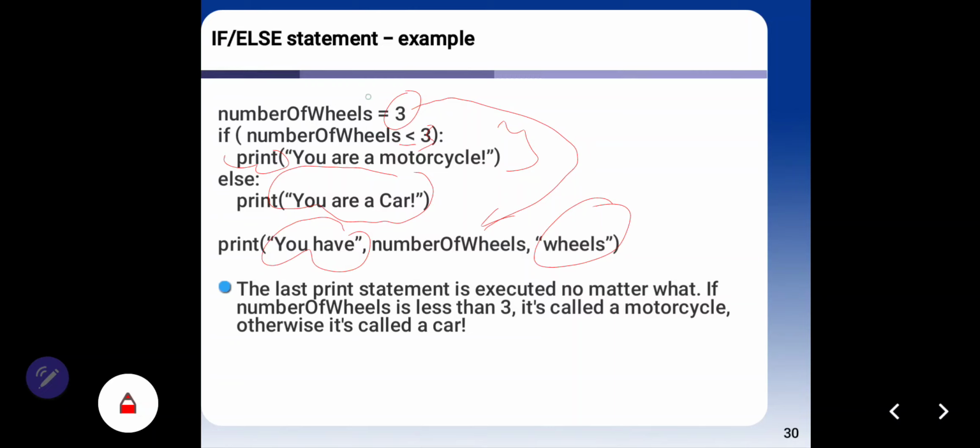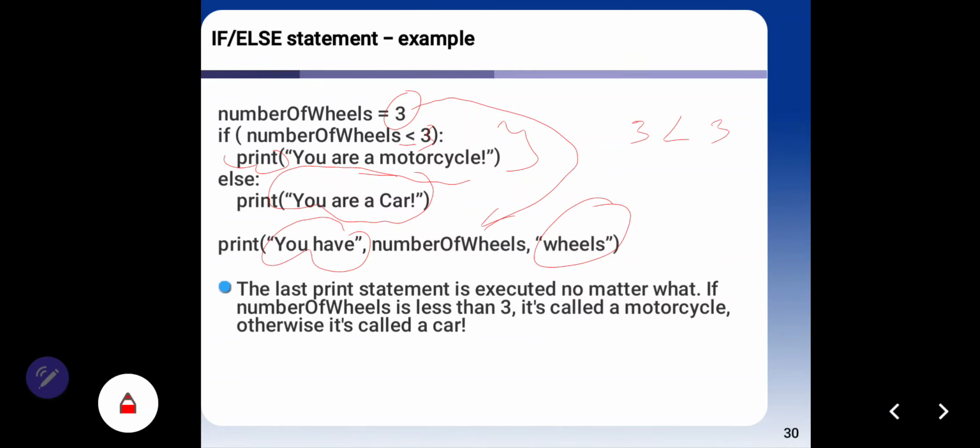In this variable, number of wheels equals 3, and this Boolean statement checks if number of wheels is less than 3. You can check 3 less than 3.